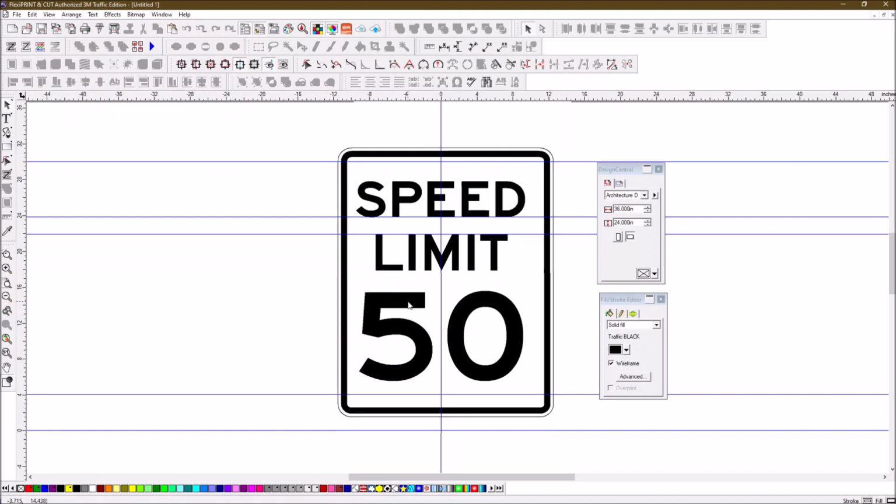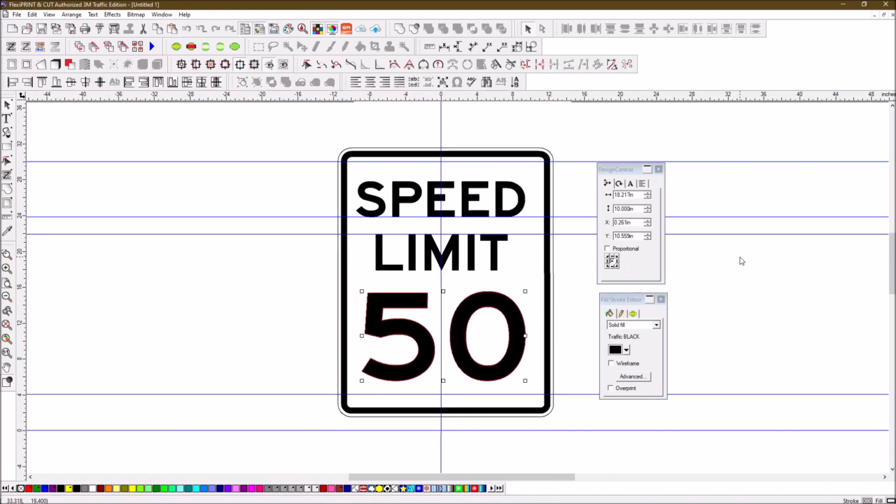So now it said to optically center this 50. If you look at it, when they say optically center, they just mean visually. To me, it looks like there's more gap over here than over here. So what we're going to do is highlight it, and then the shift keys are those like four little arrows that are together. Let's just bump that over to where it optically looks centered. And that's pretty much right there. So there's our speed limit sign set to standards the way it should be according to the